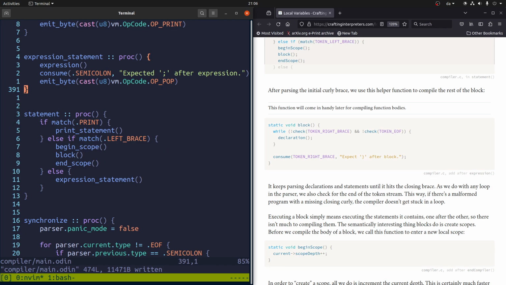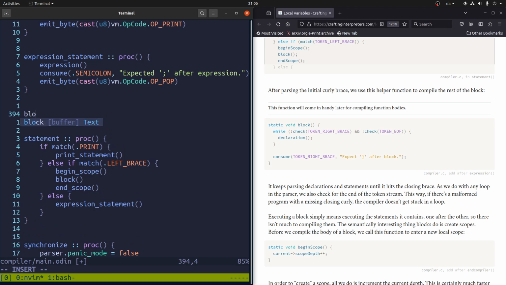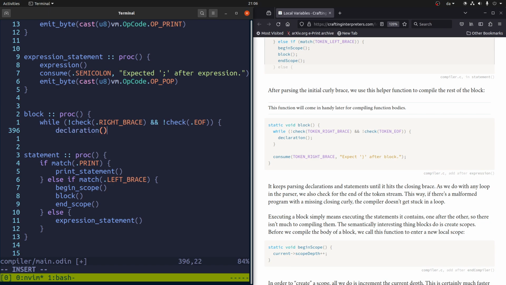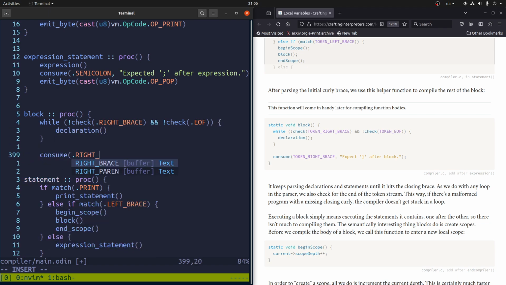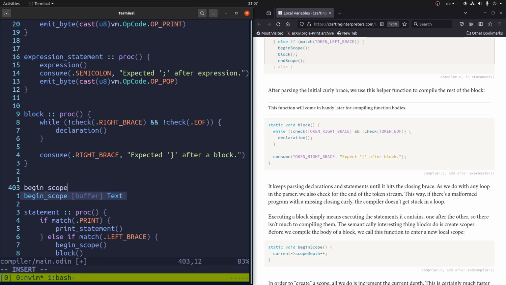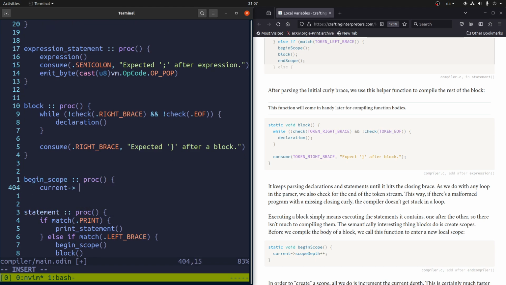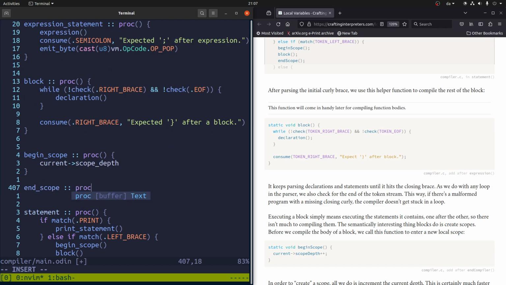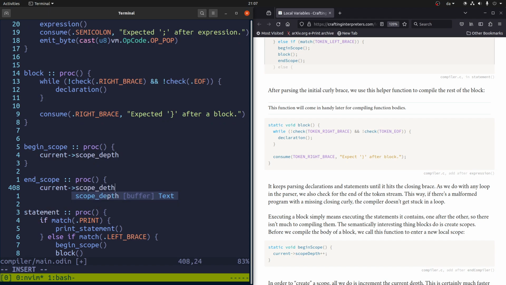Let's do the block thing. So as long as we don't see a right brace and it's also not the end of the file, then we have to parse a declaration. And then the final thing is we need there to be a right brace. Expected right brace after block. And that's it. So we also need these begin scope, which will modify the compiler, and end scope. Be surprised if it's not